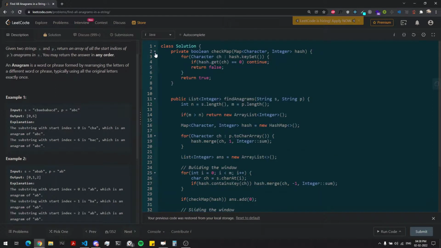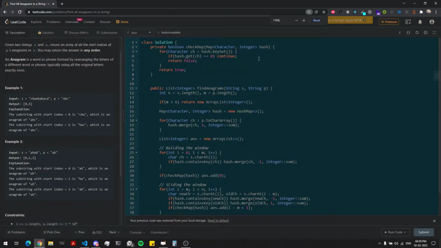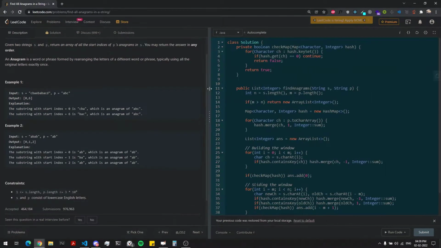Now let me show you this function. We simply traverse the hash map and check if everything is 0. If any of them is not 0, then we return false, else we return true. So the time complexity of the whole program is O of n, because this loop can run a maximum of 26 times.